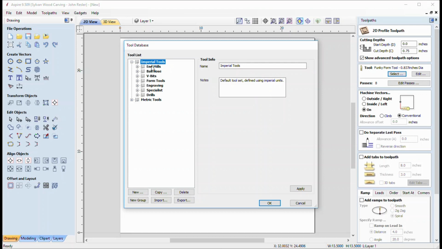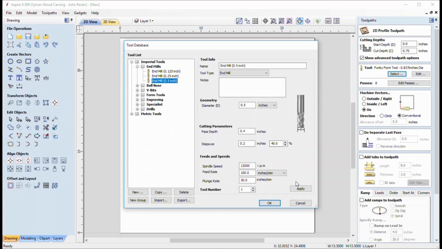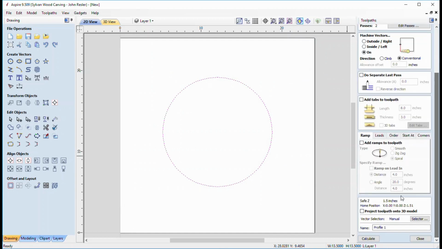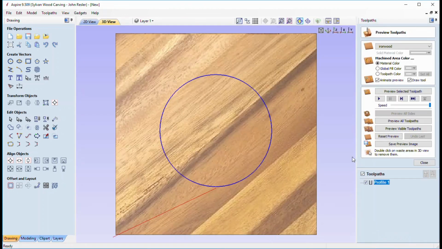Now, I don't know if you remember, but there was also a subfolder in here that was legacy tools, and that was from the Legacy CNC machine factory, who I happen to own one of their machines also. So now we're all golden. Okay, if we tried to create this tool, it would fail because it's not going to find the funky form tool. So let's go ahead and select the 1/2" end mill, select OK, calculate, yada, yada, yada.